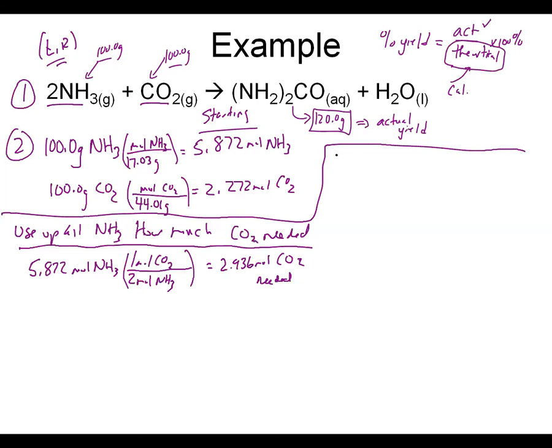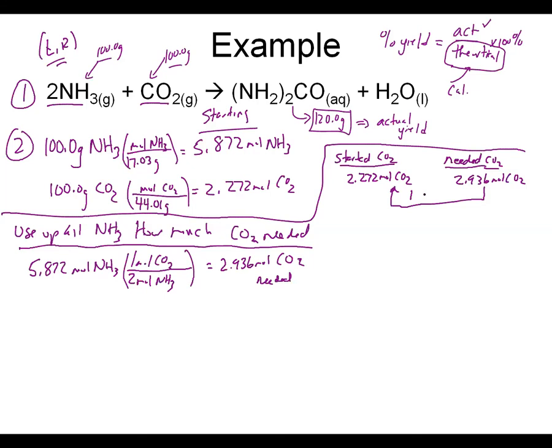We started with 2.272 moles of CO2. We needed, based off of our calculation, 2.936 moles. So when we compare how much we need to how much we're starting with, we see we actually